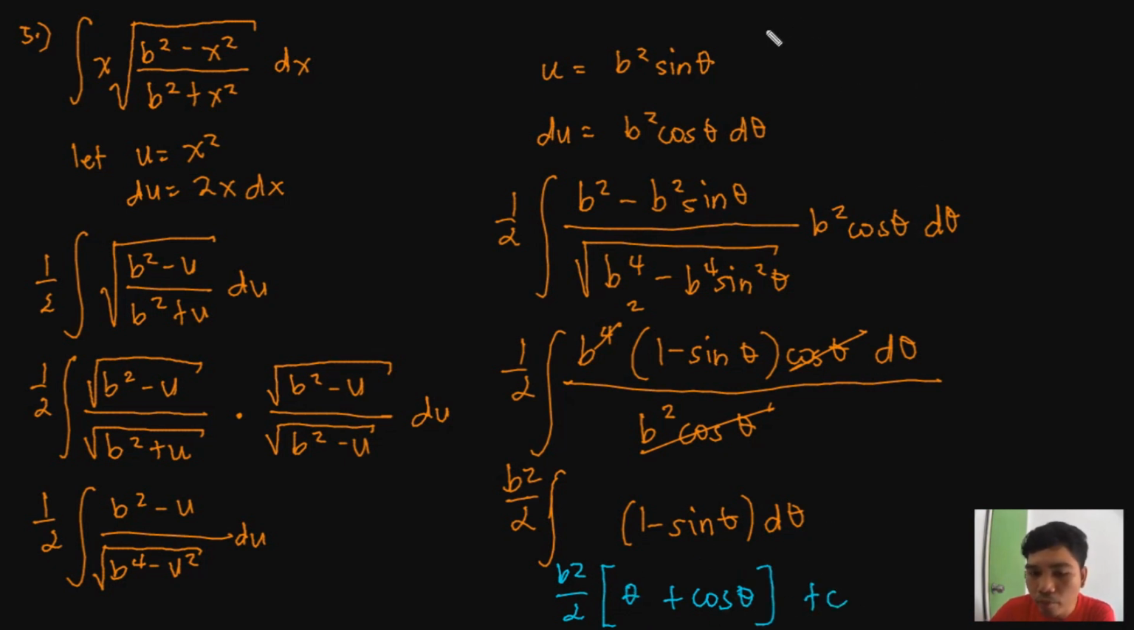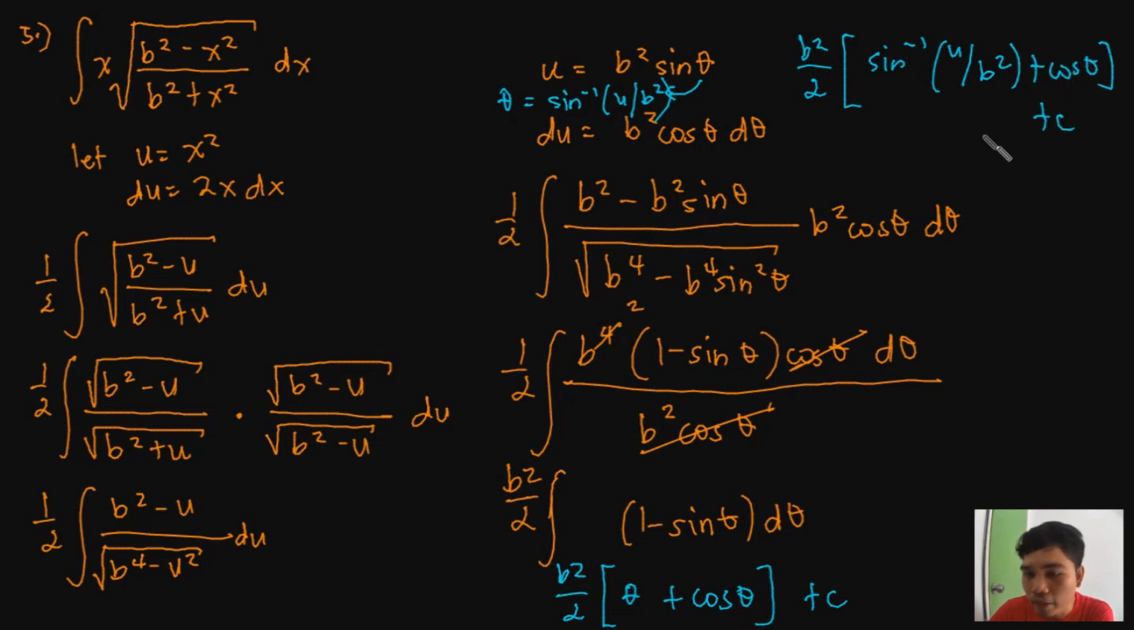So, yun na lang yung problema natin, yung theta. So, we have to bring that back to the original expression, which is u. So from this, yung theta natin, di ba, we could just obtain that from this expression that theta is equal to the inverse sine of u over b squared. Okay, so that is inverse sine of u over b squared plus cosine theta plus c. Then again, we still need to replace all of this u in terms of x. So we go back to this original expression and then we